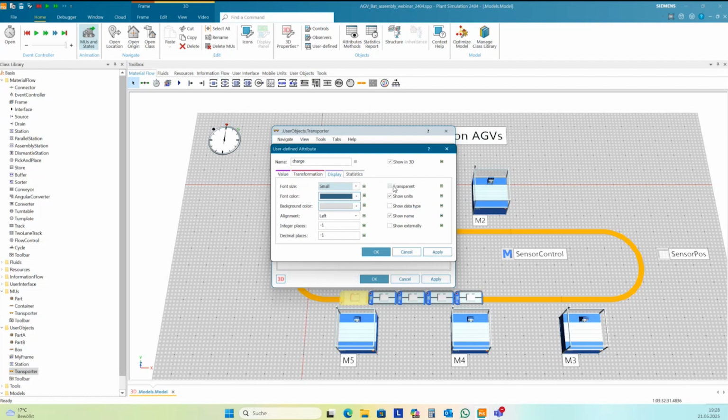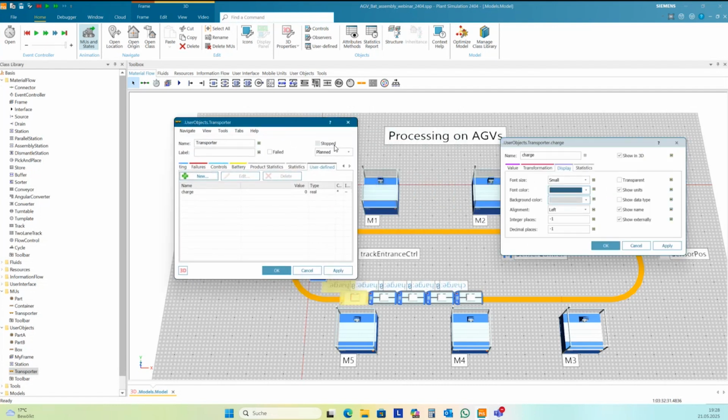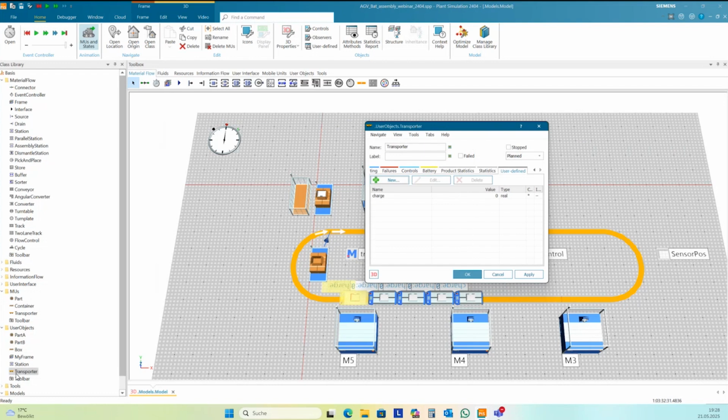And I want to show this externally. Okay, and then you see you can see this here in the frame already, but I don't like this, and so I want to change it.